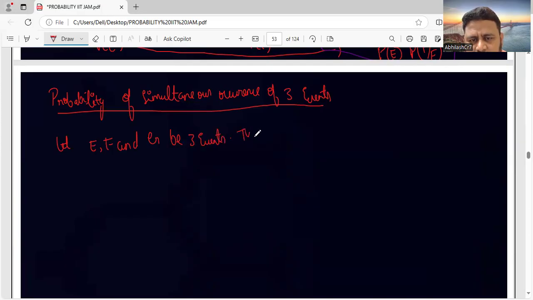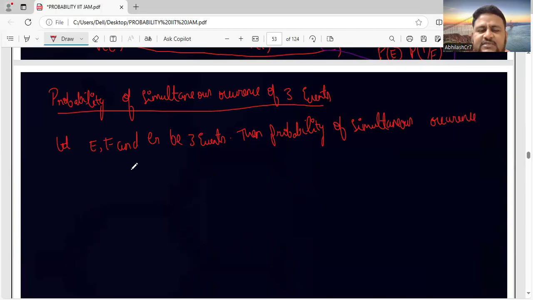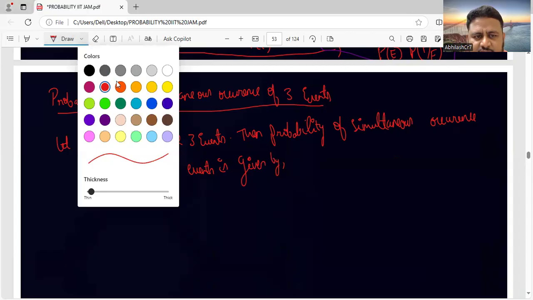Then the probability of simultaneous occurrence of these three events is given by